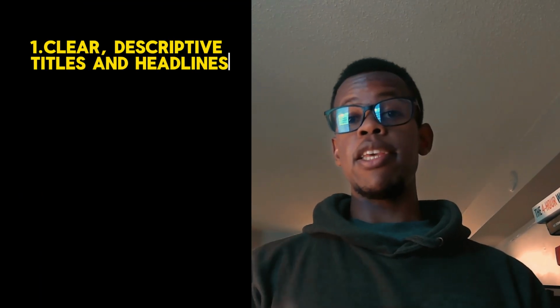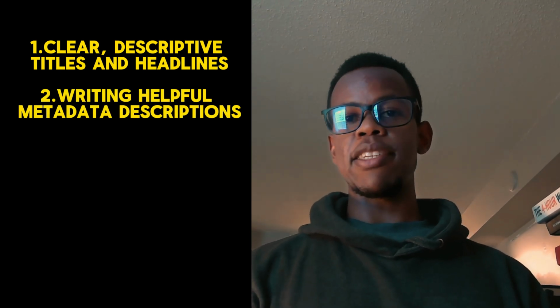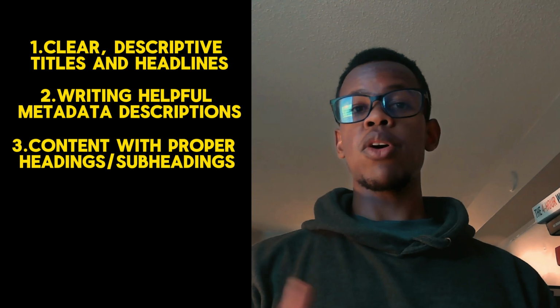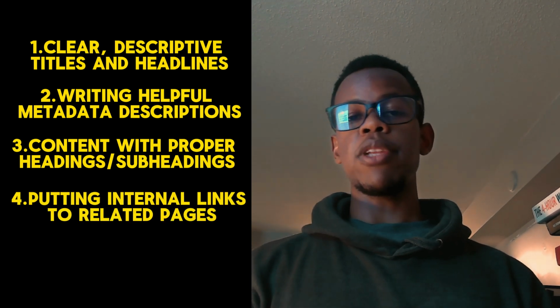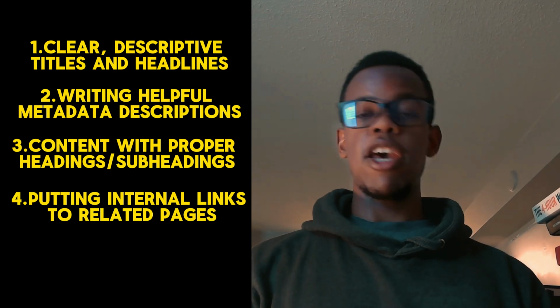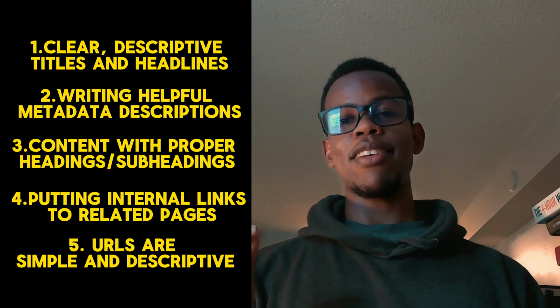And this includes using things like clear descriptive titles and headlines, writing helpful metadata descriptions, structuring your content with proper headings and subheadings, adding internal links to related pages, and making sure your URL is simple and descriptive,